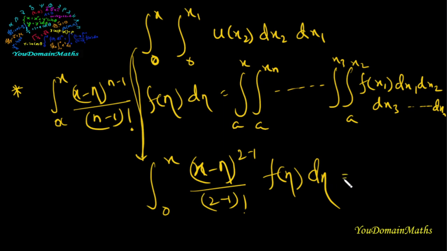So these results can be written as the integral from 0 to x of (x minus eta) to the power 1 times f of eta d eta. That is very interesting. There is a single integral and there is a multiple integral. So now we see another example of